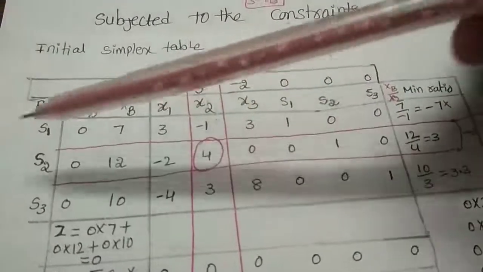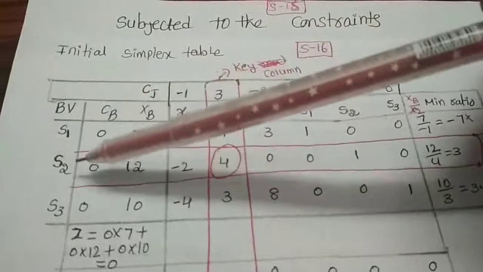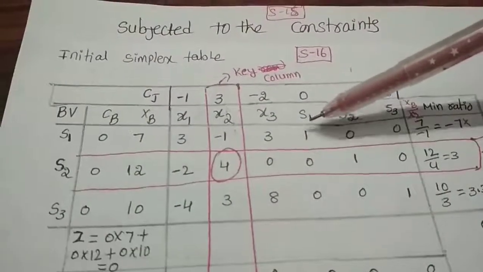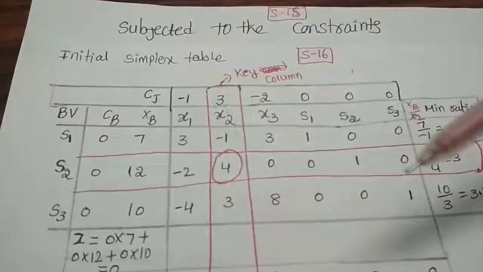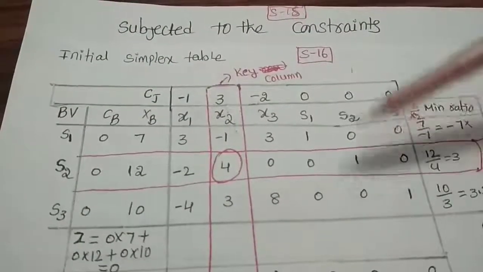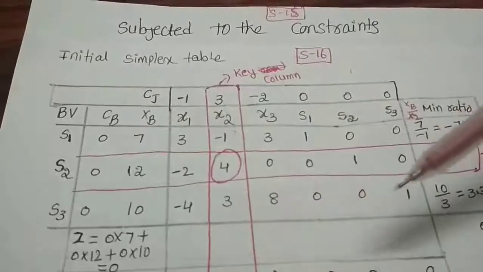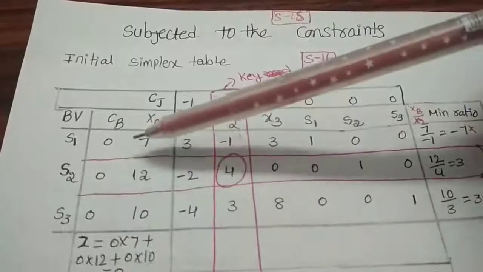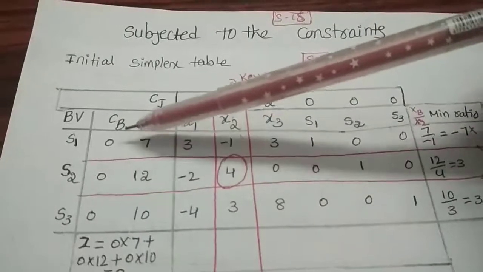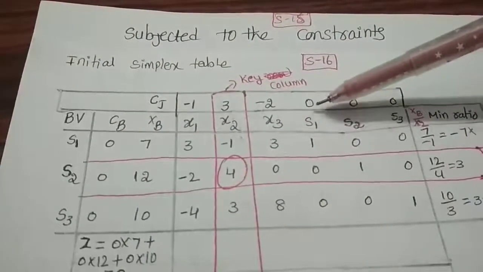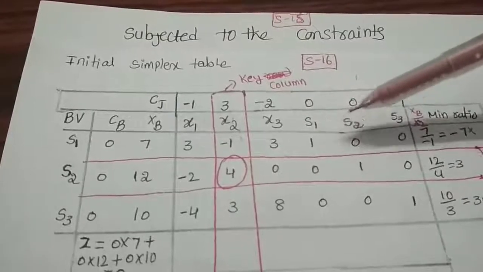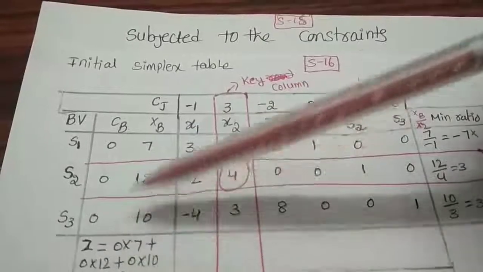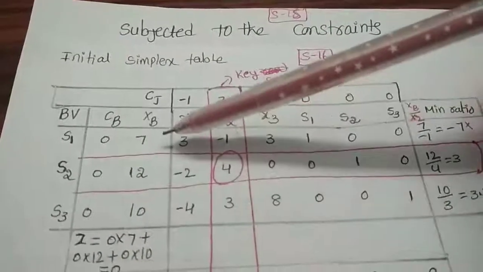Now coming to the basic variable, how do we consider it? In this identity matrix, the column 1 0 0 corresponds to variable S1. Next, 0 1 0 corresponds to S2, and 0 0 1 corresponds to S3. Next we consider the cost of the basic variables: S1 cost value equals 0, cost or coefficient both are the same, S2 equals 0, S3 equals 0, that's why 0 0 0. These three are the right hand side values.